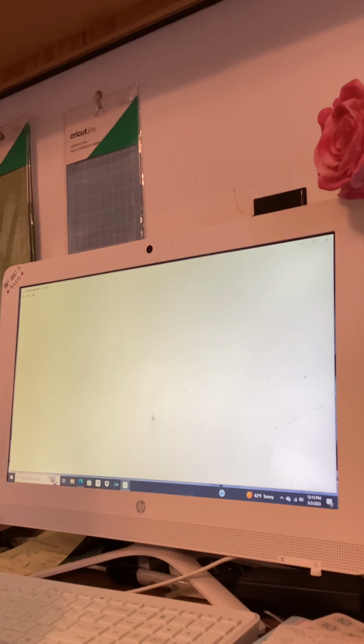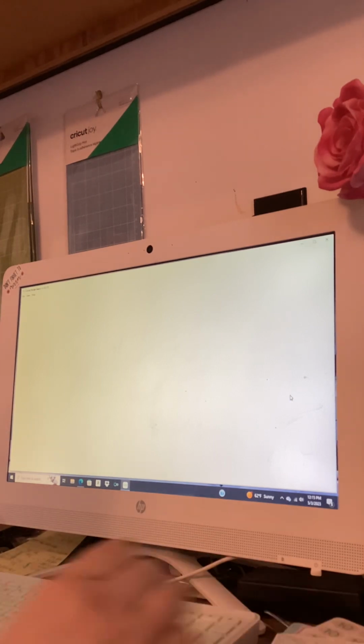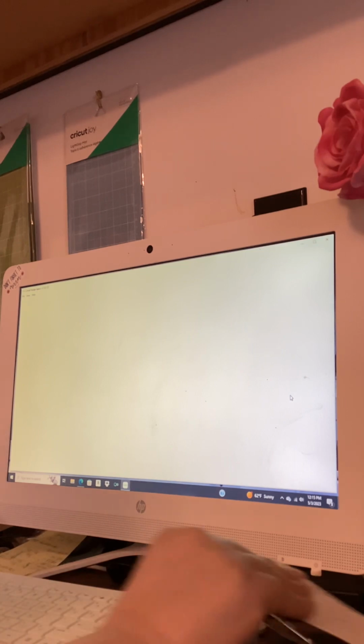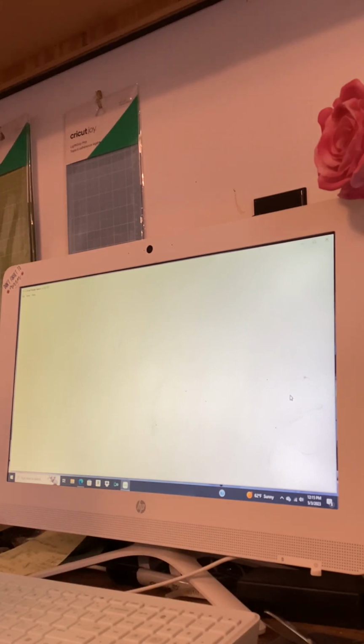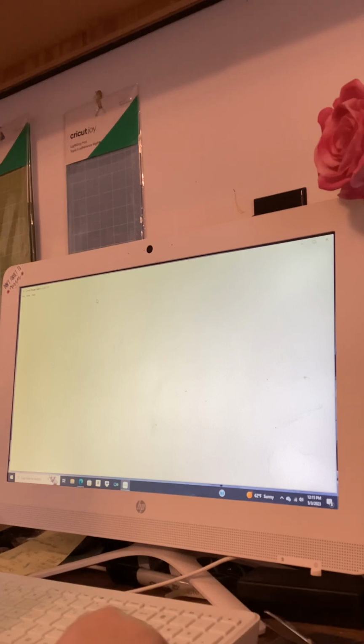Very slow. A screen will pop up. While we are waiting for the screen to pop up,